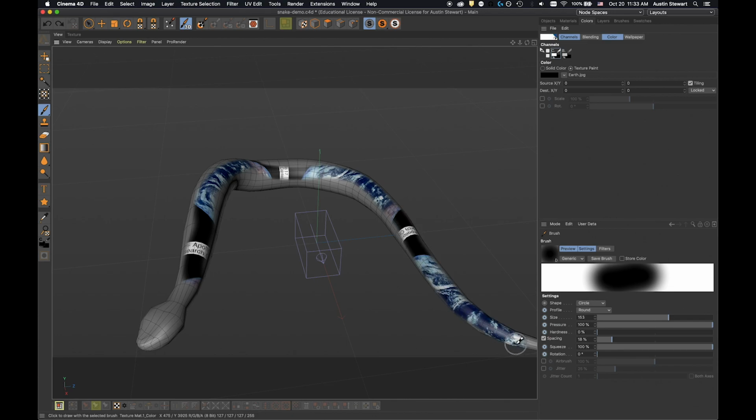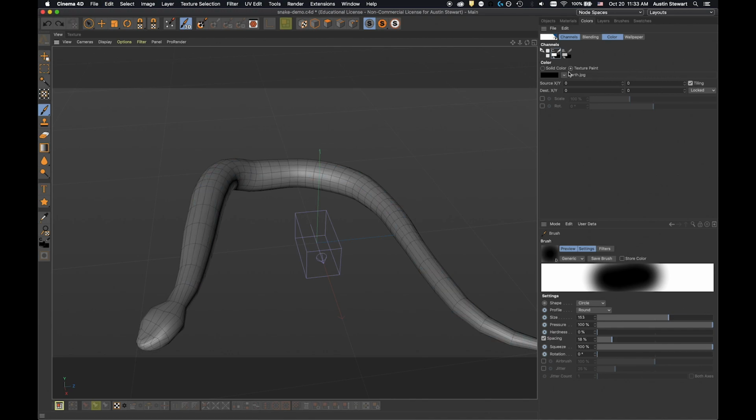Obviously this isn't the way this tool is intended to be used. But what this allows you to do is, if you had a texture, like I was hoping for broken earth or soil, I know I have those textures on my computer. I know I have paper textures as well. You can use that like a seamless texture and paint that on the surface, rather than just painting on